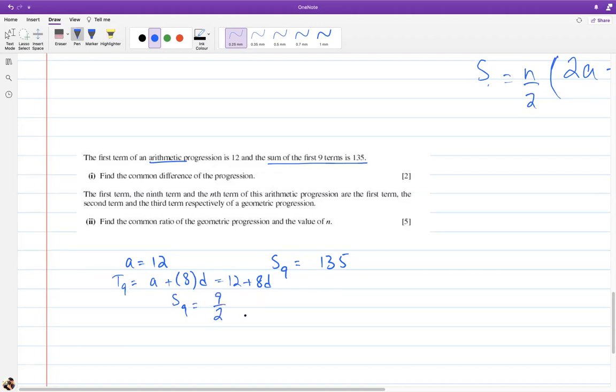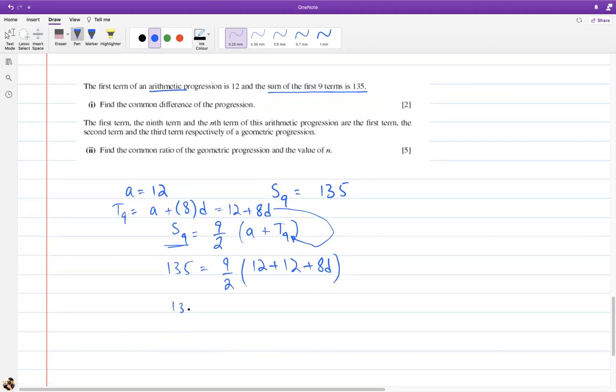I will have 9 by 2 pairs of the first number and the 9th term. So basically, my sum is 135. I have 9 by 2 pairs of 12 plus 8d. I just plug this in here. So that means I have 135 equals 9 by 2 into 24 plus 8d,